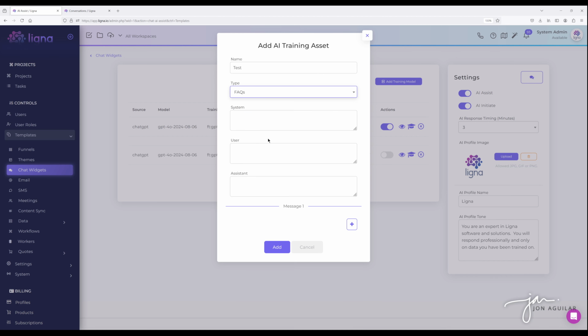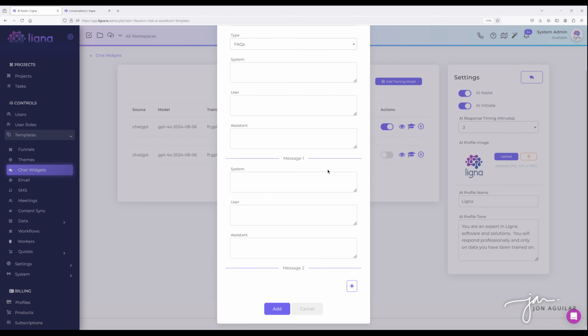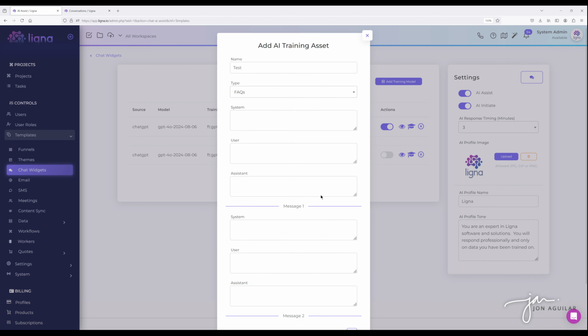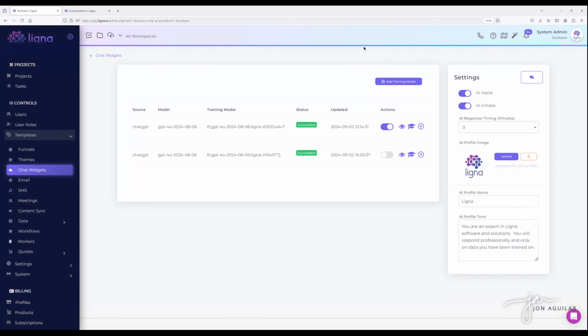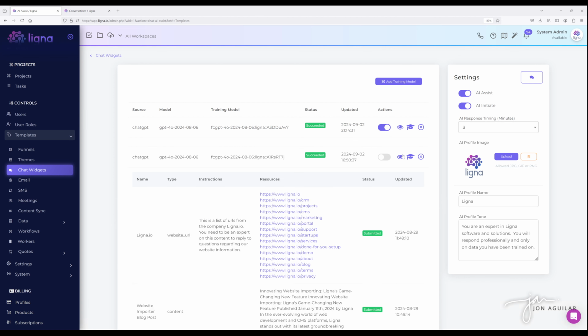And then the FAQs. This is just like the wizard that we went through. Same thing, you have to include at least 10 questions at minimum. So anytime you do FAQs, make sure you're adding in, and again, you're just hitting that plus and going through and hitting all 10. Once you do that, you hit add,